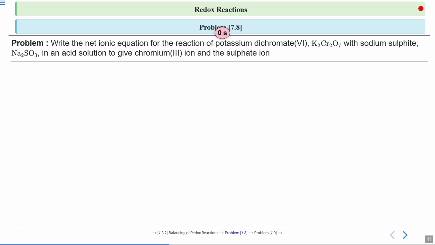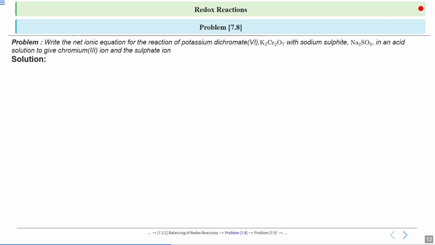So now let's look at the answer. So the solution for the provided ionic equation would be, in the first step, we have to write the skeleton ionic equation. So in this, the dichromate ion is reacting with the sulfite ions in acidic solution. So this would be Cr2O7 2 negative plus SO3 2 negative gives Cr3 positive plus SO4 2 negative. So in step 1, we have written the skeletal ionic equation in which we have mentioned all the participating reactants and the products formed by the chemical reaction.